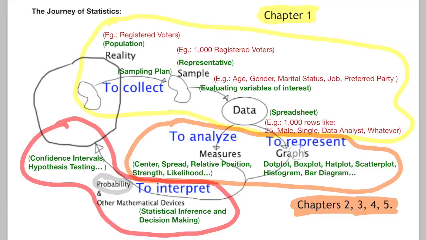In the previous chapter, we saw different graphs used to represent and analyze one numerical or categorical variable. This Chapter 3 focuses on how to use measures of center, position, and spread to analyze the distribution of one numerical variable. I say 1 as opposed to 2 because Chapters 4 and 5 are about analyzing the relationship between two variables. I divide this chapter in 3 parts. We are now in Part A, Measures of Center.